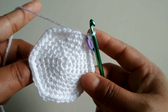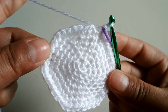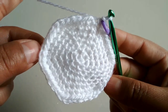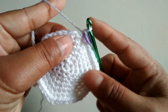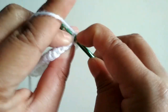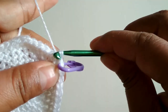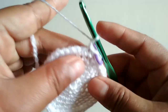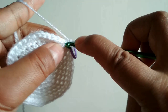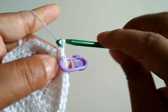For the head, the starting 7 rows are the same as that of the body part, so I will not be showing you how to make that again. So from row 8, I will show you how to do. Slip stitch row 7, complete row 7 by slip stitching. Now chain 1. Row 8, we will single crochet 1,